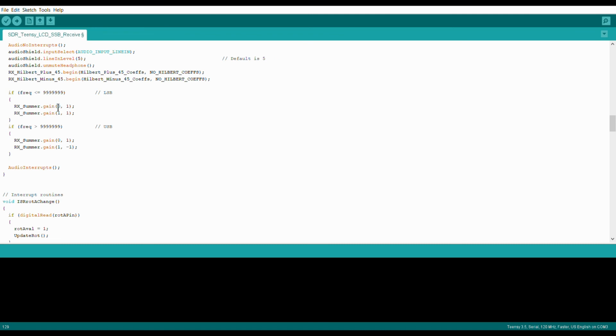So what I want to do then for those two inputs, so if you remember that RX summer, we can change the gain. I spoke about that in a couple of videos back. So for port 0, we want it to be multiplied by 1, so full on. And for the second input, also 1, so full on. If, however, the frequency is above 10